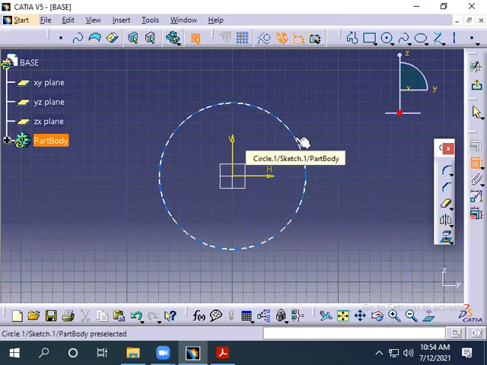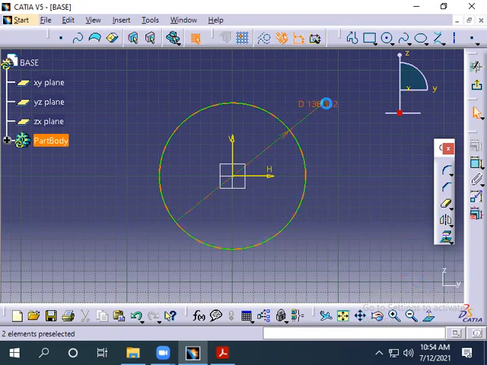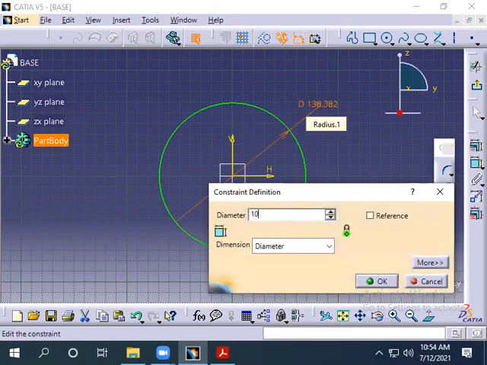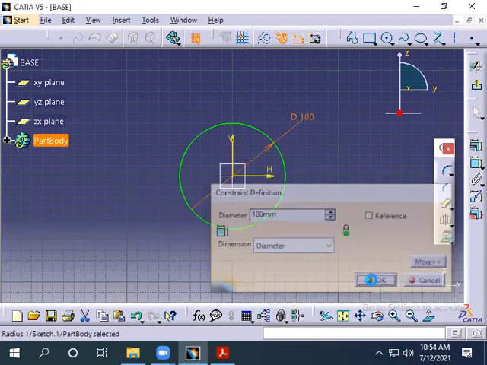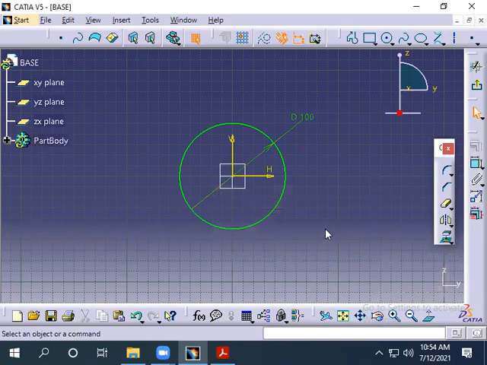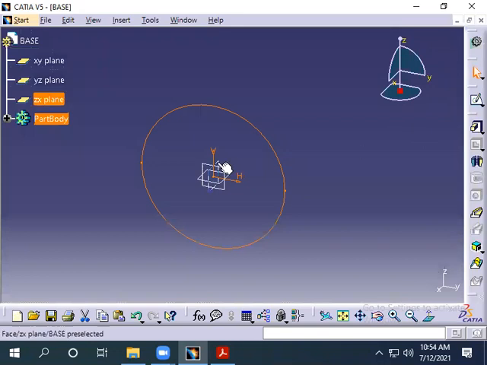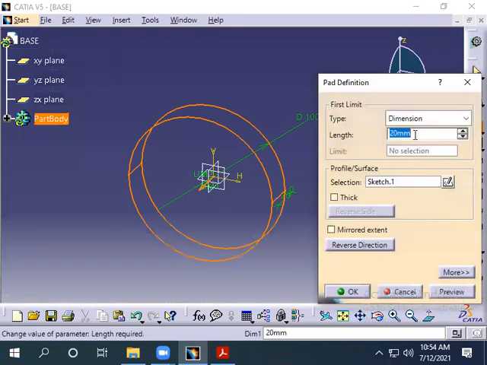Constraint, select the circle, take it to be, let's say, 100 diameter. You say okay. Now that's all. Now we'll exit the workbench. We'll drag it in the third direction using pad. Length, maybe 30 mm. You say okay.